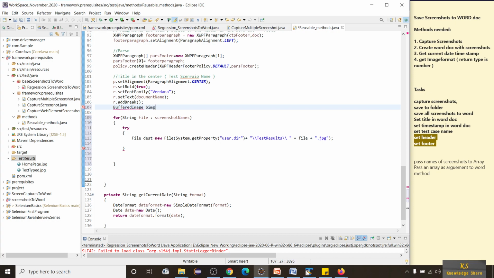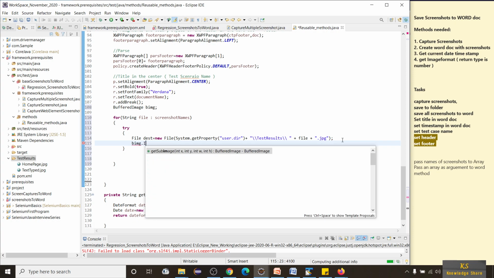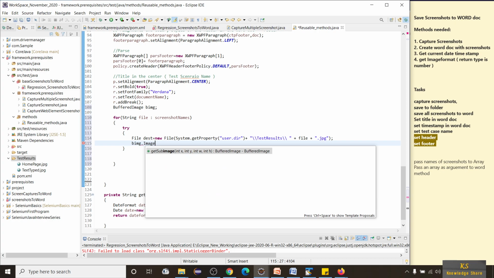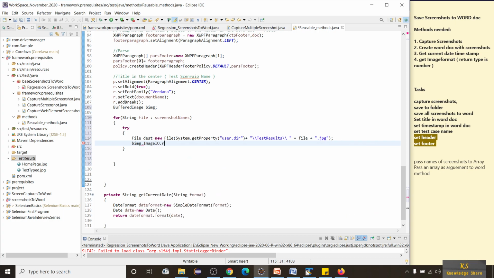I'll call it BIMG and import this BufferedImage, and I'll call this BI image, dot ImageIO dot read of destination. So import this BufferedImage.